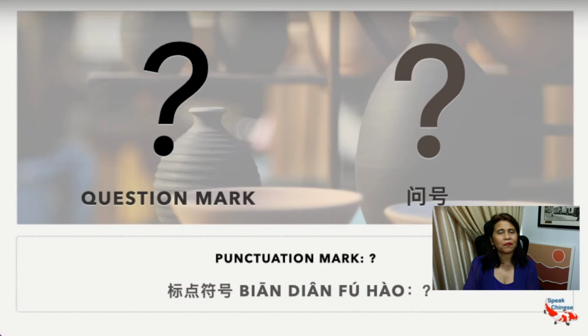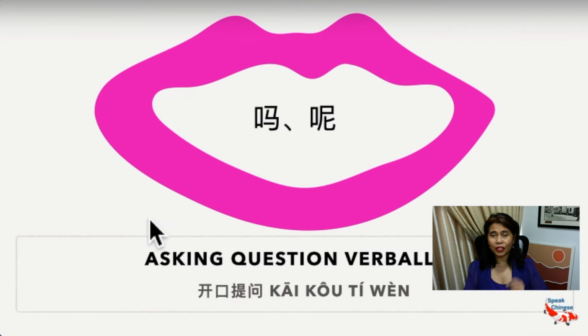I've had the experience many times when I'm teaching a student. I ask the question, and they repeat the question back to me without answering, because they can't see that this is a question. For example, when I ask, 刚才你做什么? The student will come to me and say the same thing, 刚才你做什么? So, when we are answering a question, we have to understand how the question is asked. Is the person asking me a question, or is the person stating a sentence to me?